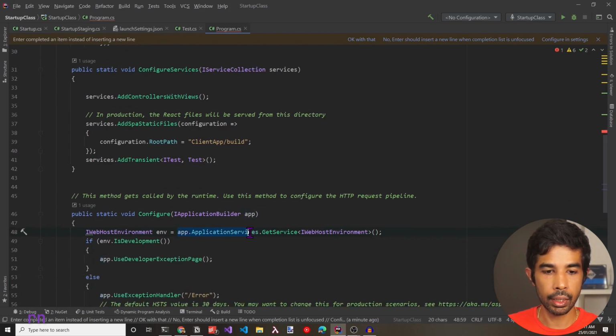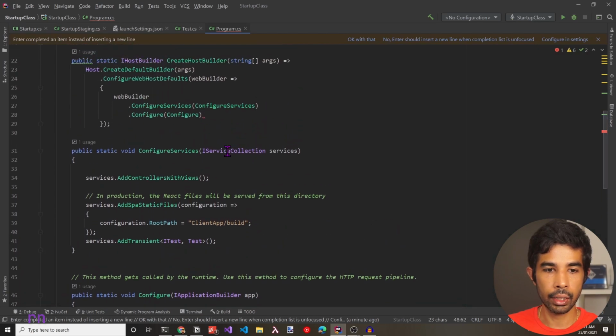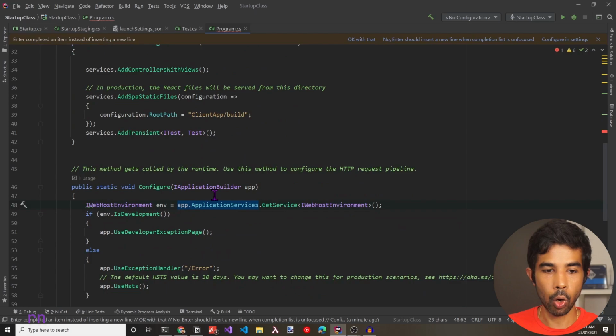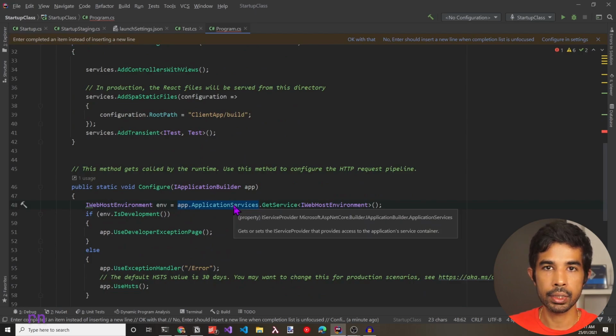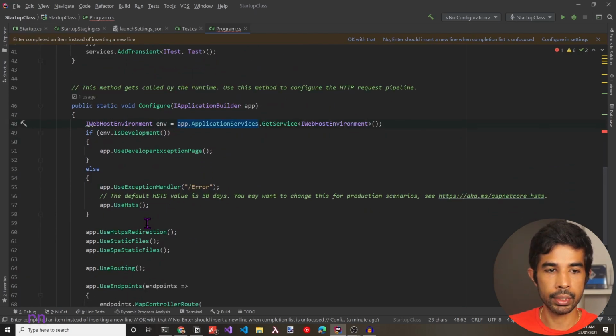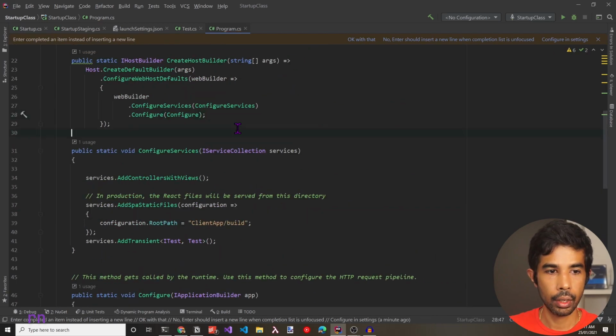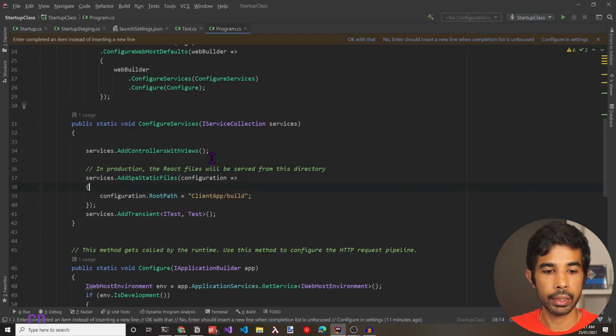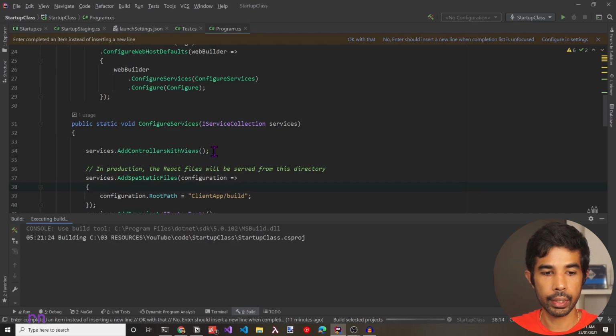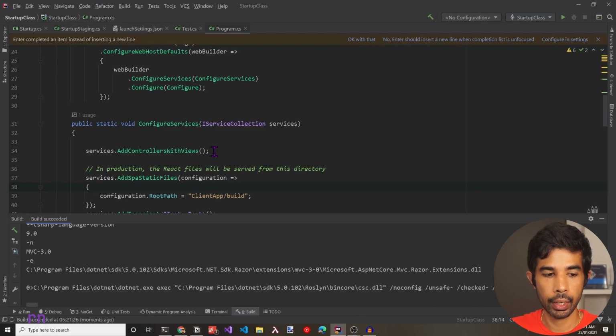This is basically the application's service collection that we had set up earlier in this configure services method. If we want the ITest, we can resolve it similarly. Since I'm not using it inside this method, I'll not do that for now. So let's make sure to close this, and this runs very much similar without having a startup.cs. If we run this application using F5, we can see this is working as fine as before.